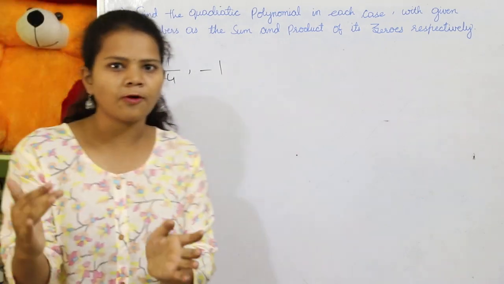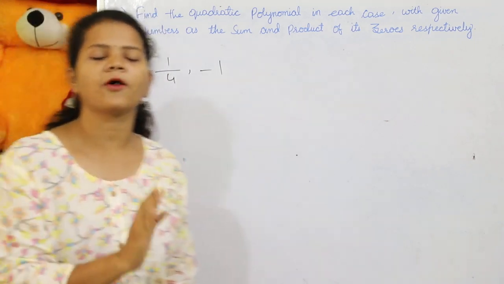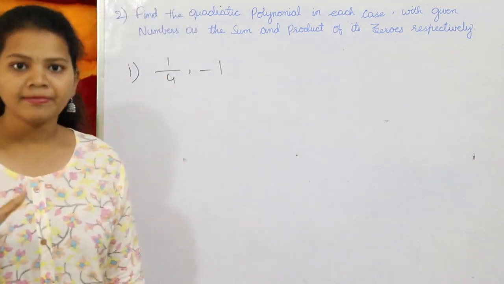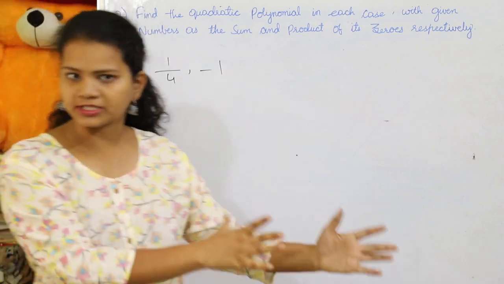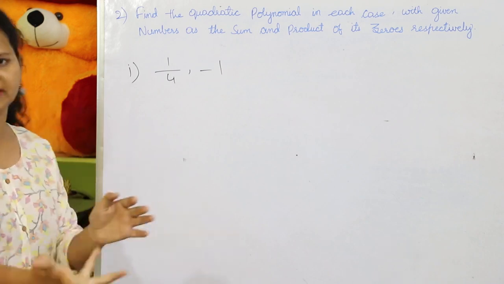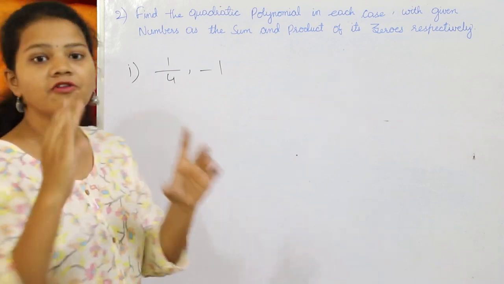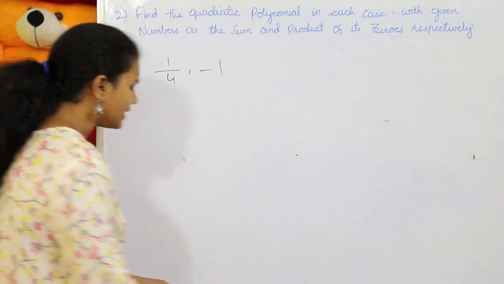Sum of the zeros of a polynomial equals minus b by a, and product of the zeros of the polynomial equals c by a. As we know, we have done that process, right? So now you should reverse the process, and we must now find the equation, where a quadratic equation is in the